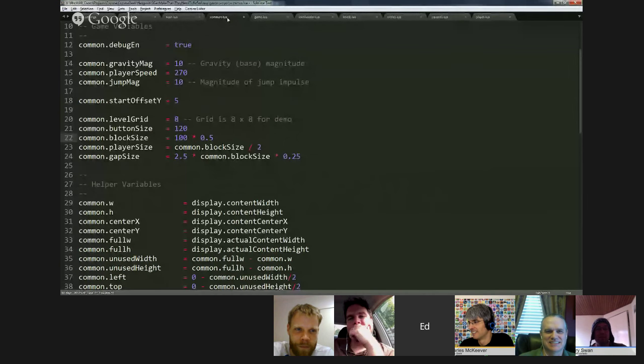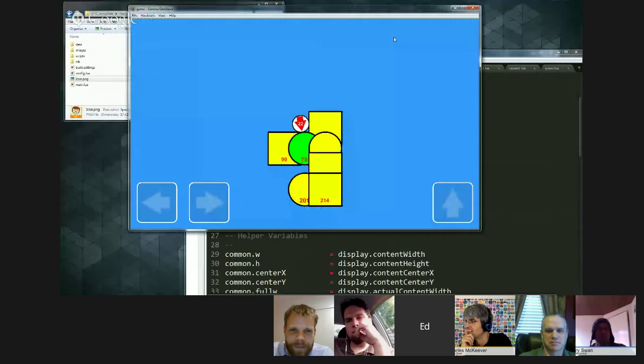Try that again. Okay. So in common.lua, let me back up here. You want to see your whole level. Well, an 8x8 grid's not going to fit on the screen. So what you do is you multiply the block size by 1/2, and actually I'm going to leave this bit off because everything is related to the block size. See how the block size is used to calculate the player size and the gap size? So if you make the block size 1/2 of its normal size, and then you reload the game, the whole